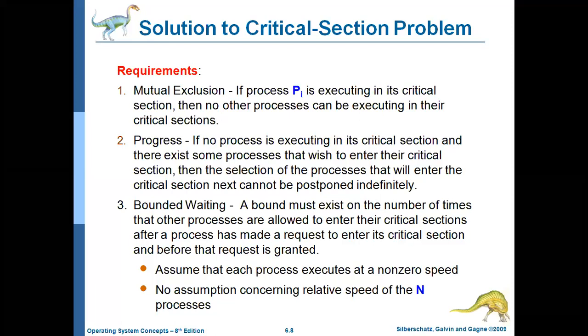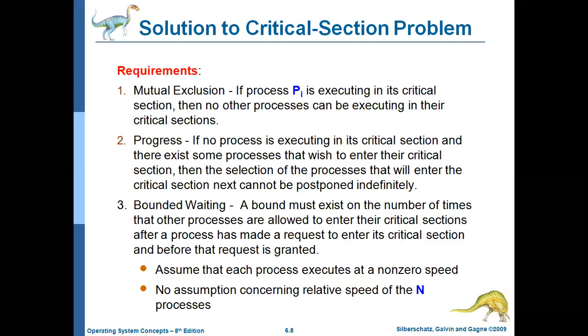So these are the very important requirements for the critical section. What is the first one? Mutual exclusion. What is mutual exclusion? Only one process at a time is allowed to enter into the critical section. If one process is in the critical section, all the remaining processes have to wait until that process comes out of the critical section. Why?